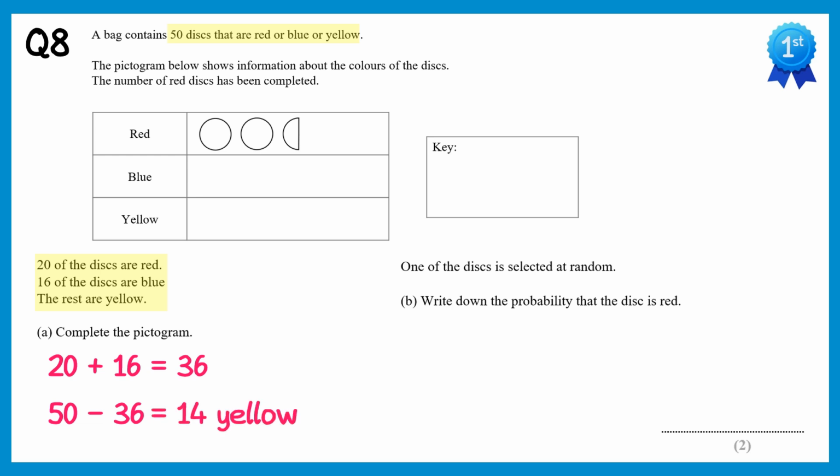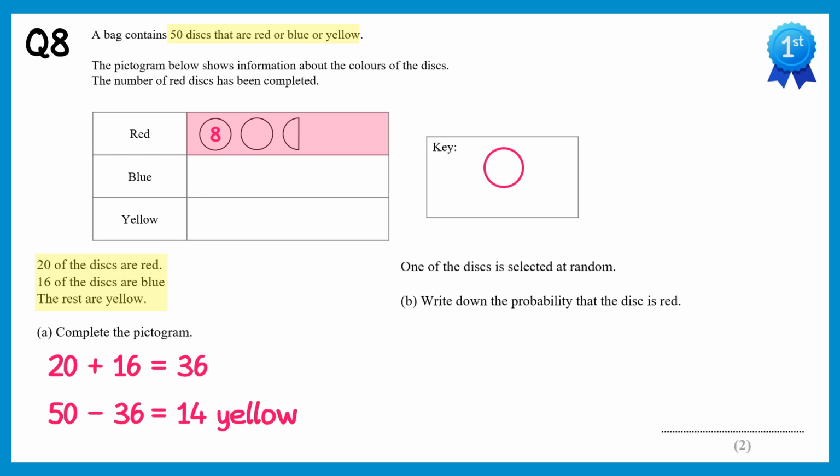So we now know all of the colours we need to add to the pictogram, but we've already got red drawn for us, and we know there are 20 red discs in here, so we can use this to help us create the key. In the key I'm going to put one circle and we need to work out what it represents. So if you look carefully at the top section of the pictogram,